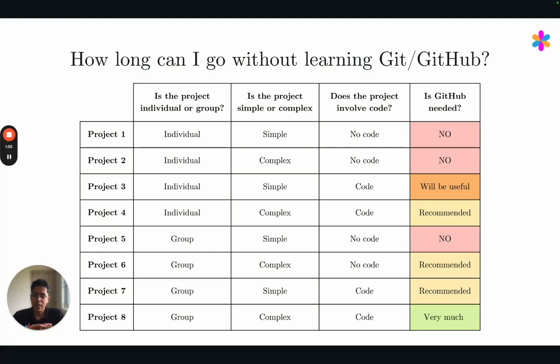But if you're working on an individual level on a simple project, and if this project involves coding, I would say that yes, GitHub will be useful. It's useful for two reasons. One is, even if it's a simple project, if you start using GitHub, your work will be in that place. It will be there forever. It's on the cloud. You will not lose it. So you can come back at any point of time to this project and the code will be there. And you will be able to very nicely control the version of the code such that at the end of the day, you will have a version that is really working.